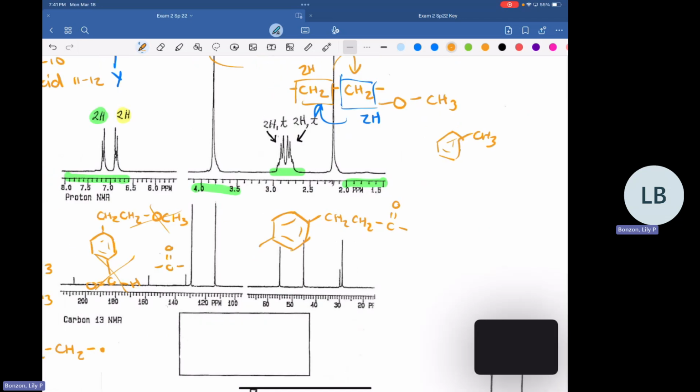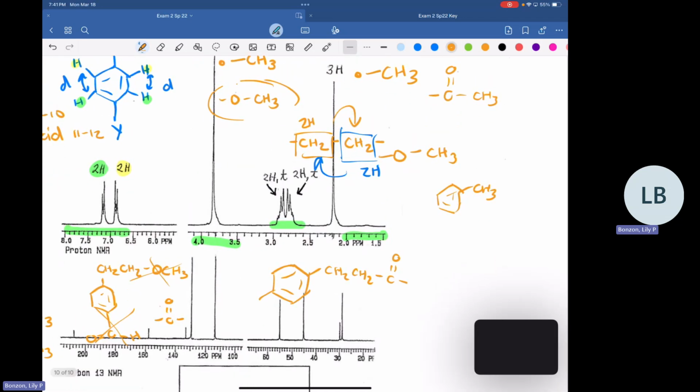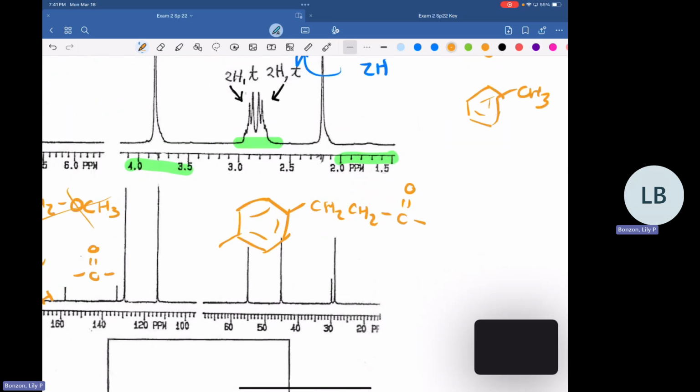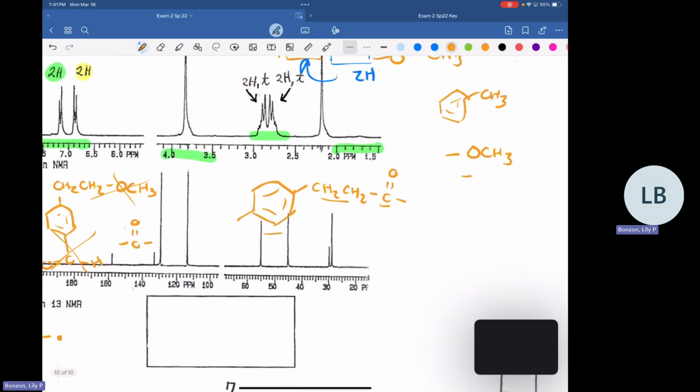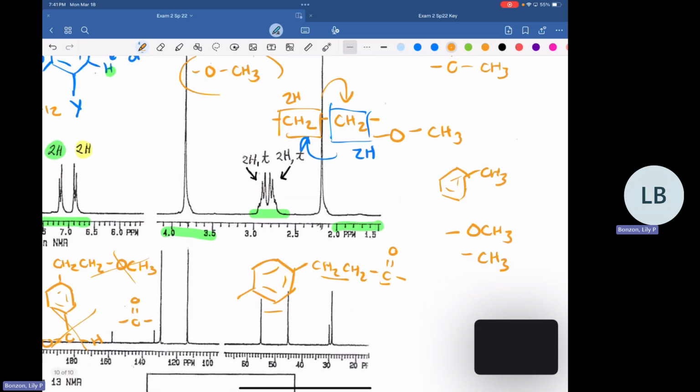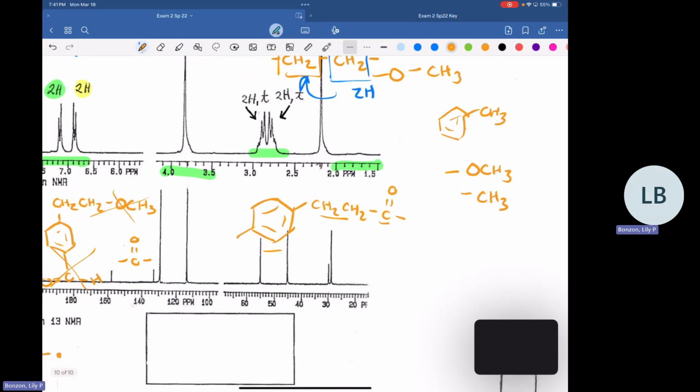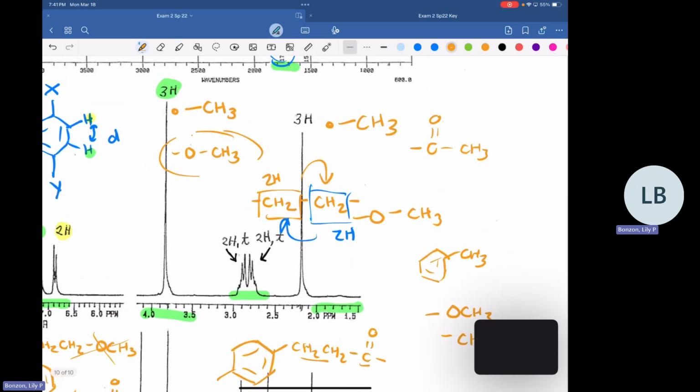And so that gives us, what else do we have? We use our benzene, we use our carbonyl. So we have our OCH3, and then we just have our regular CH3. Okay. All right. So we have this CH that's kind of been left by itself. We said that it could be next to something that doesn't have any hydrogen. So we said it could be next to an oxygen directly, or it could be next to a carbonyl.